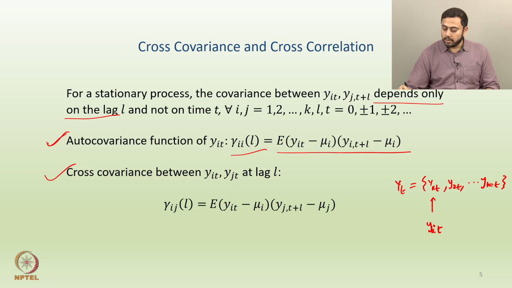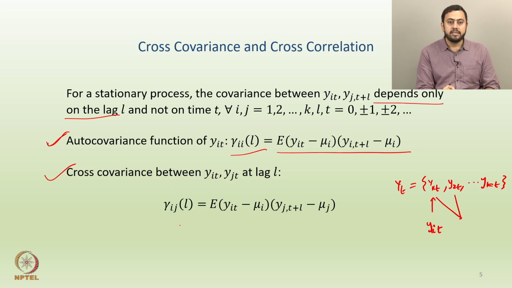So, for example, I can talk about the cross covariance between y_1t and y_2t, or between y_1t and y_3t. So, take any two series from this collection, let us say y_1t and y_2t, and then we can find the cross covariance between these two time series at a particular lag. So, what exactly is the definition for that? The notation would be gamma_ij(L), because now both these indices won't be i, because we have y_it and y_jt as two individual time series.